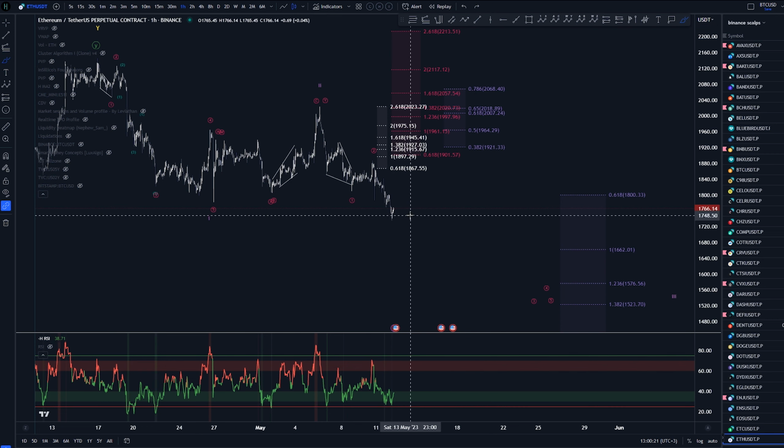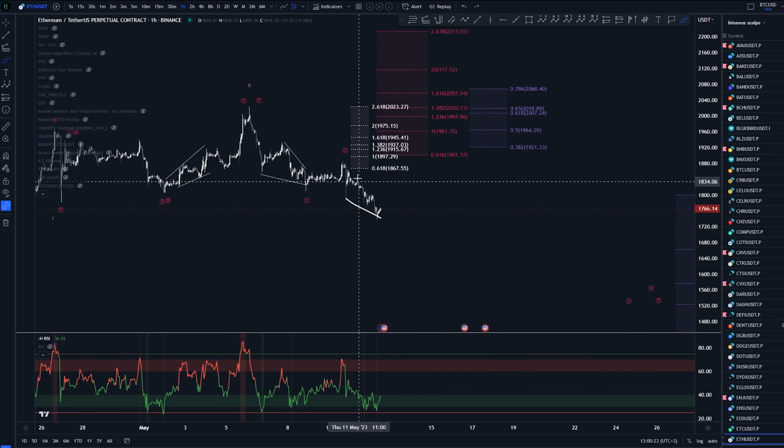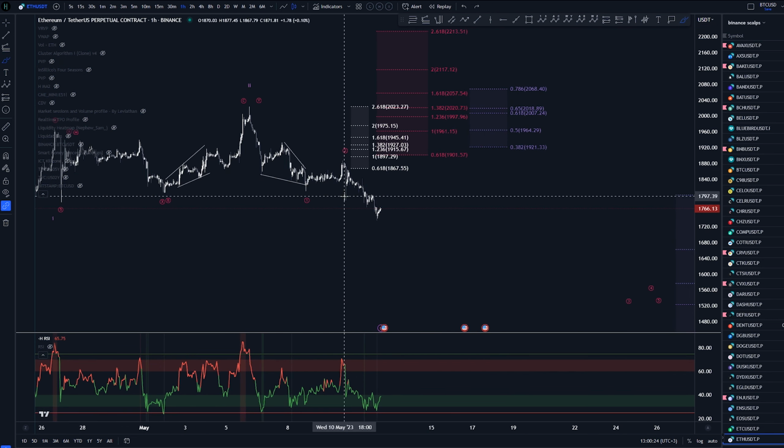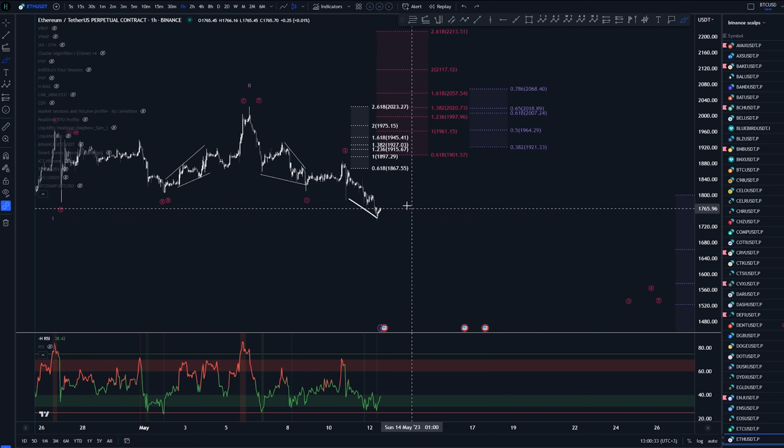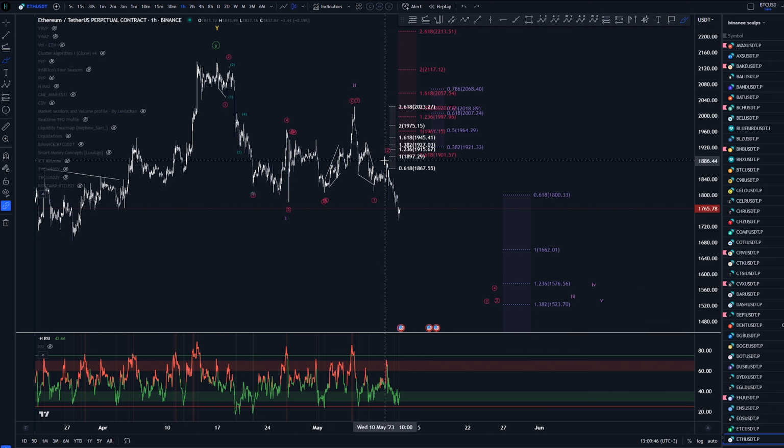So at this point, my bias would be that we are going to get some kind of three-way move upwards soon, and then that would be another area of interest and opportunity to go short. If this indeed becomes this 1-2, 1-2, 1-2, well, then you'll know that you're on the good side very fast, and of course invalidation for that idea would be up at around 1888. To enter that whole thing, I think you would need